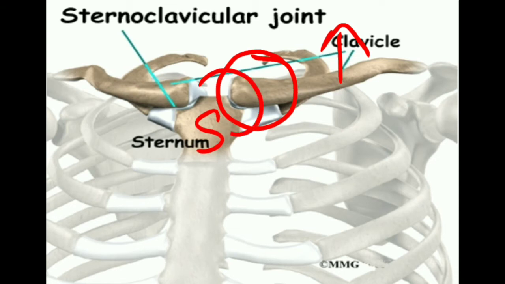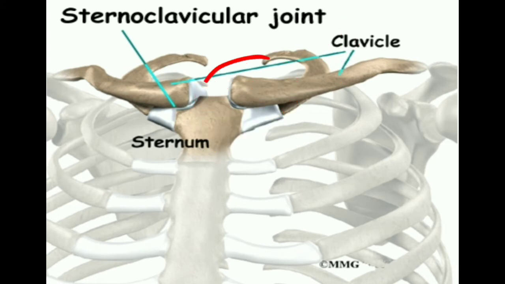Do you understand? This convex surface of the clavicle moves on the stationary concave articular surface of the manubrium. So here we apply the concave-convex rule, where the arthrokinematics and the osteokinematics will be opposite to each other. Do you understand? So what is the outside motion? The outside motion here would be elevation.